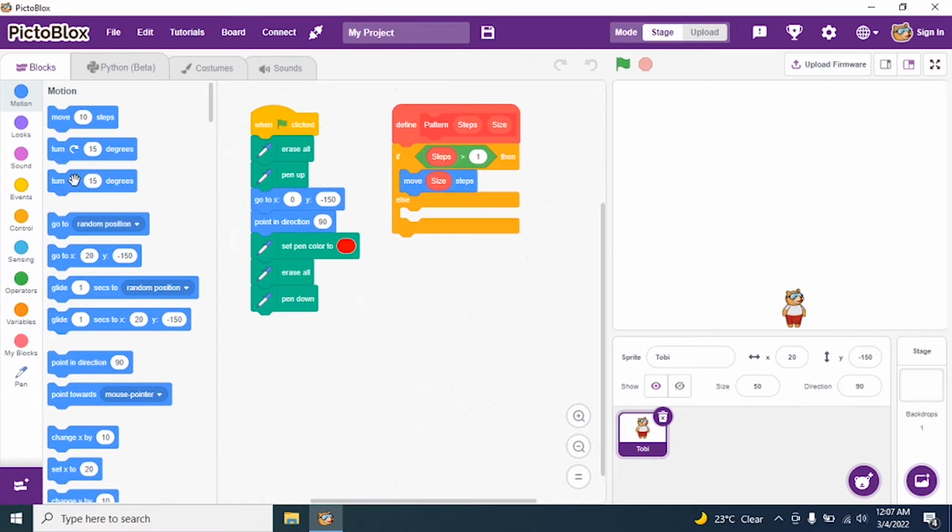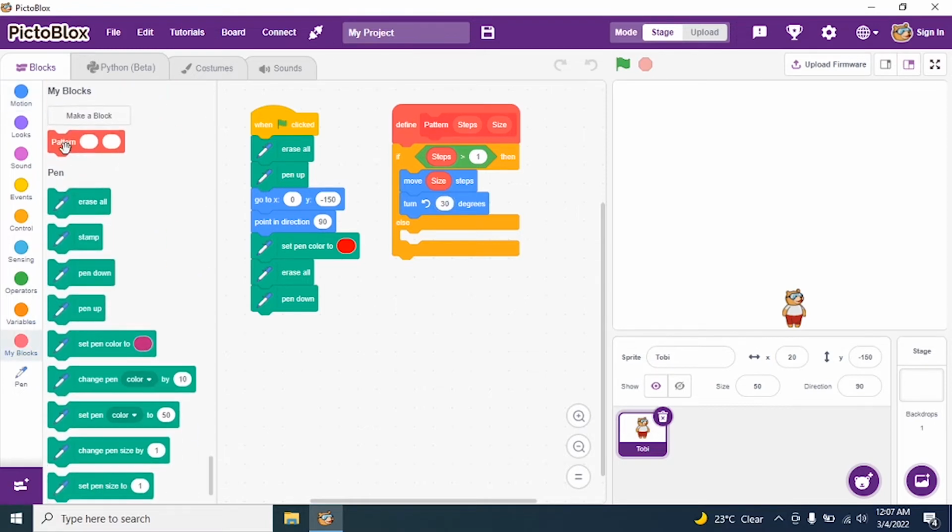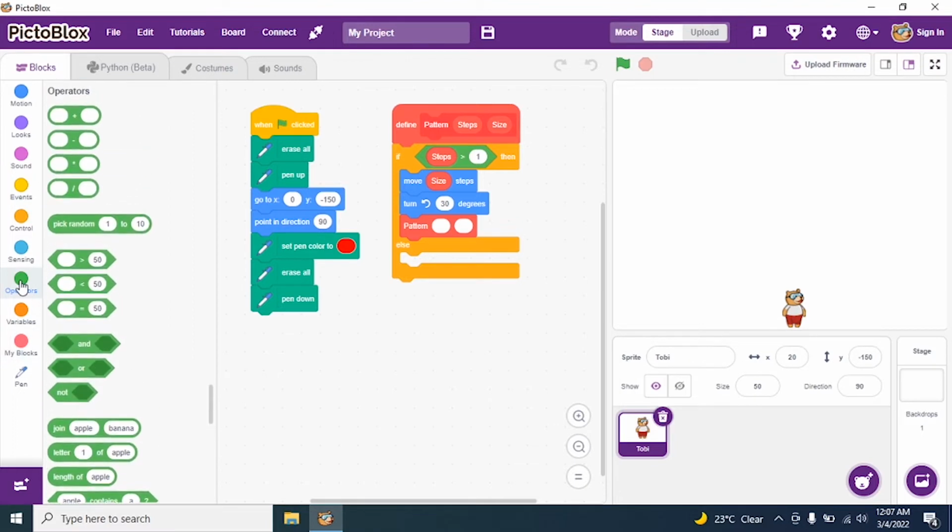Then turn how many degrees? 30 degrees. And then I will call my block. So I go to my blocks and I call my block, that is pattern. Now I will give an operator. So I go to operator and I search for minus. Here there is minus. Fine. So what minus? Steps